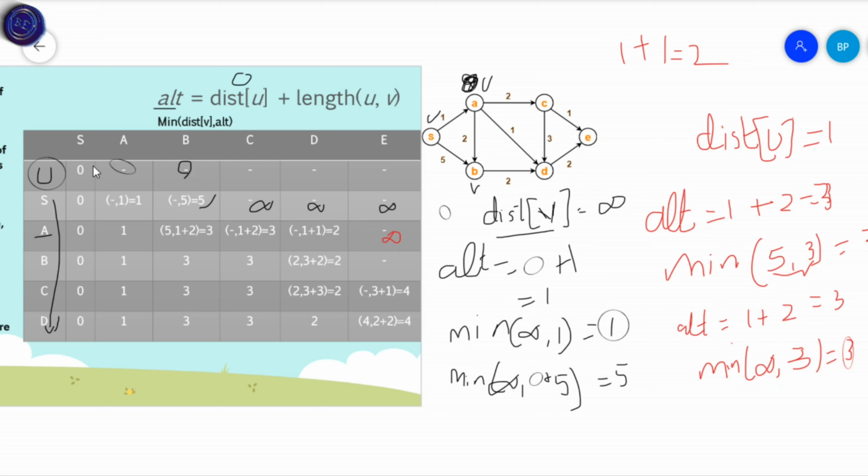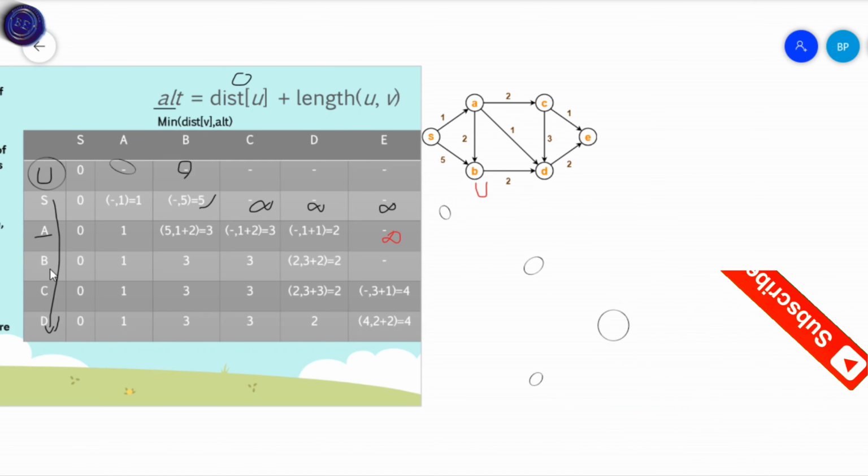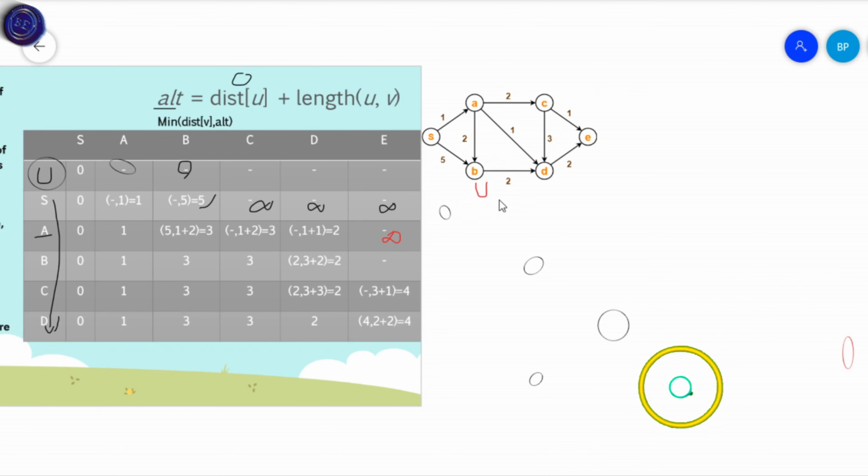Similarly, from B to S, here I am taking B as the source node U and the remaining nodes are destination nodes. So from B to the remaining nodes, B to S there is no direction, so 0. So B to A there is no direction, so its value is 1. So again B to B, the same value is copied here because there is no direction, and from B to C there is no direction, so the same value is copied here. Again from B to D, yes, there is a direction and its value is 2.